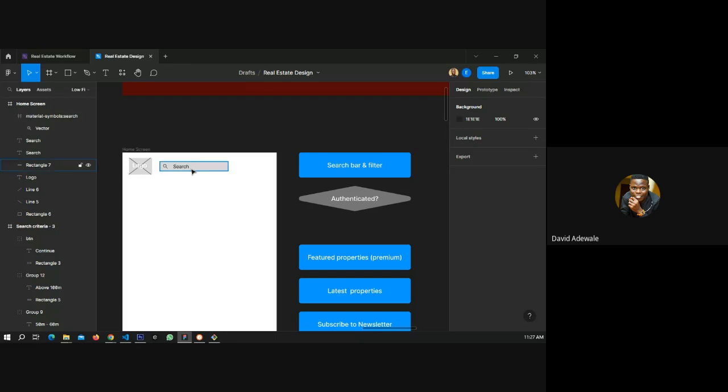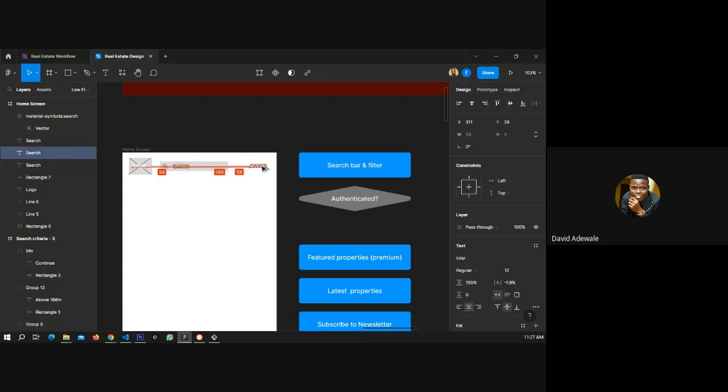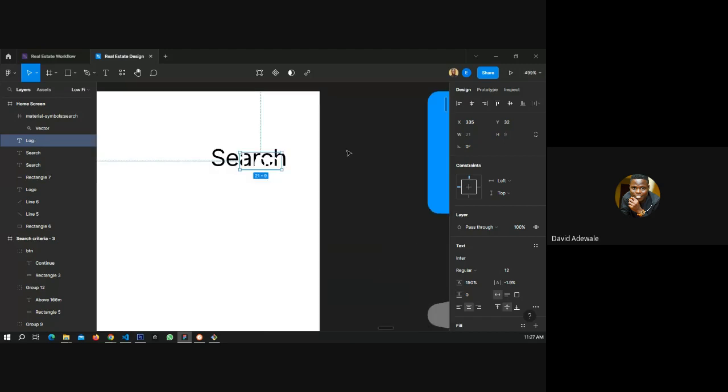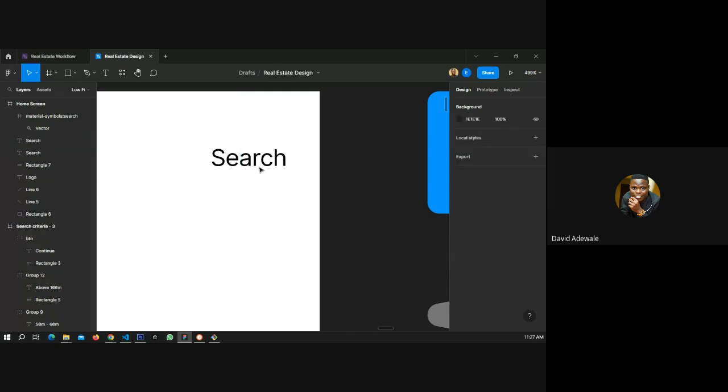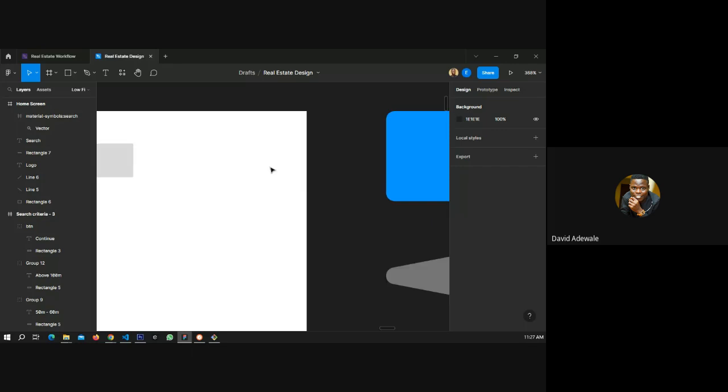Then we have login, or we can just have an icon there.